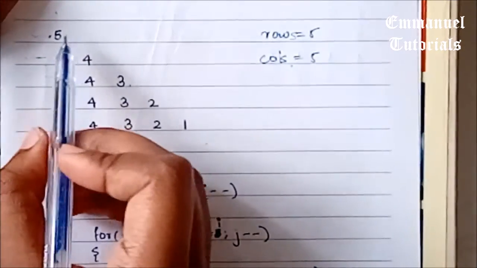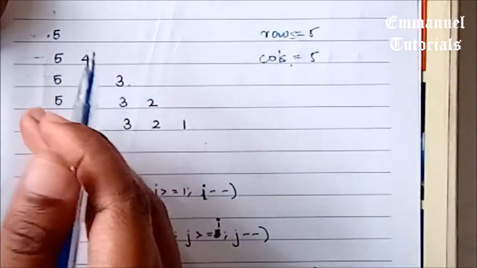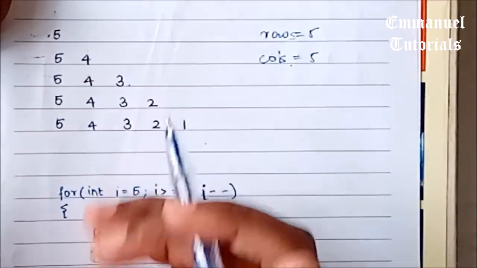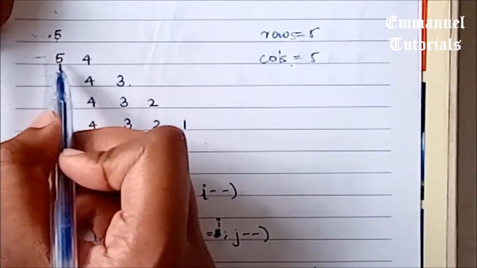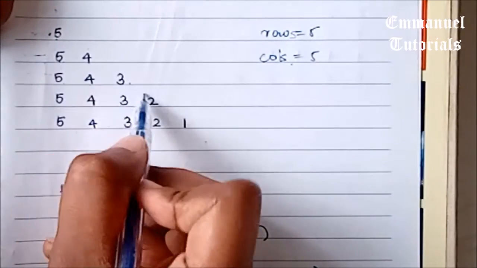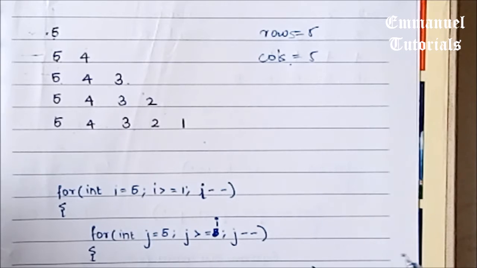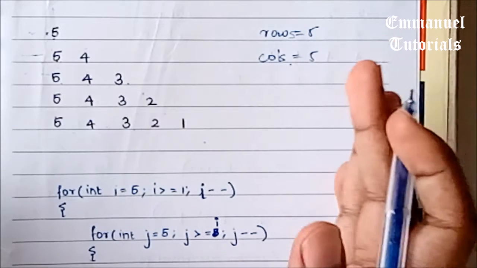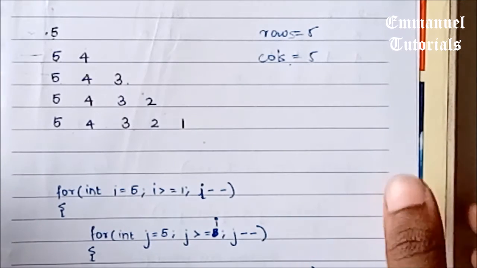But if we notice, what is getting printed is not in ascending order starting from 1. Instead, it's printing in descending order. So we are beginning from 5, then we go to 5, 4, then 5, 4, 3, 5, 4, 3, 2, 5, 4, 3, 2, 1. So unlike the previous video that we saw, we are supposed to begin from 5 and move down to 1, whereas in the previous video, we began from 1 and then moved up to 5. So this is what we need to understand before we proceed with the code.